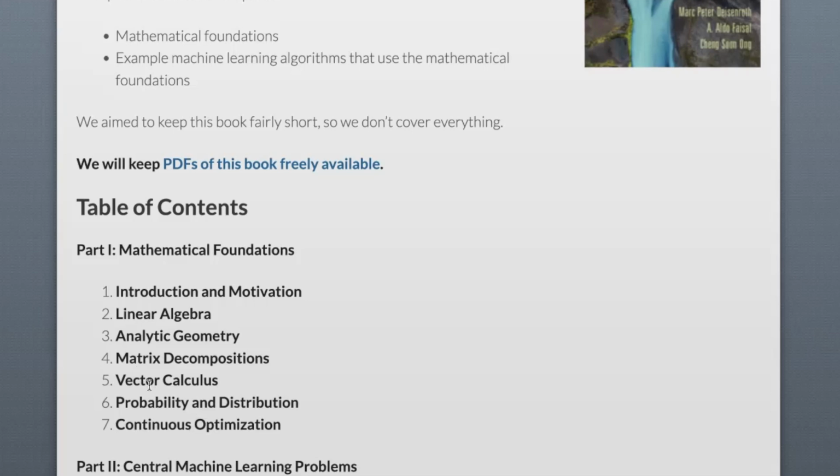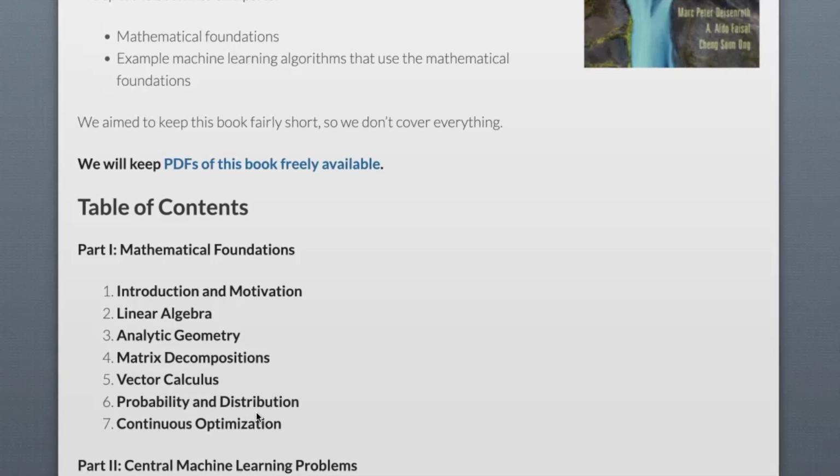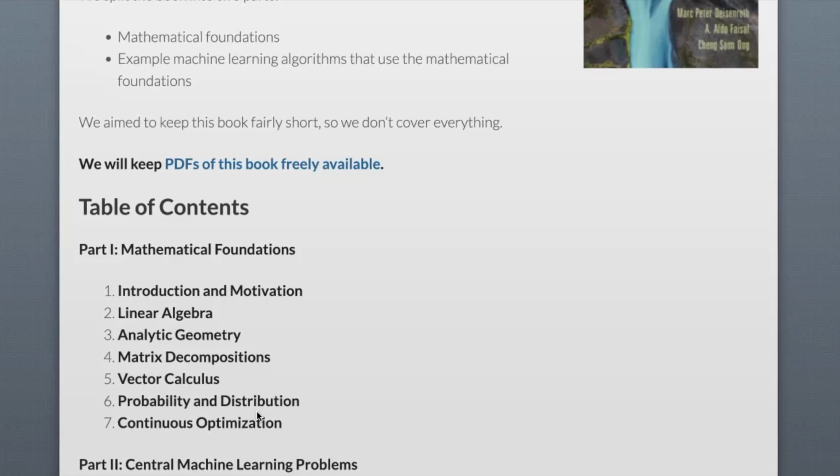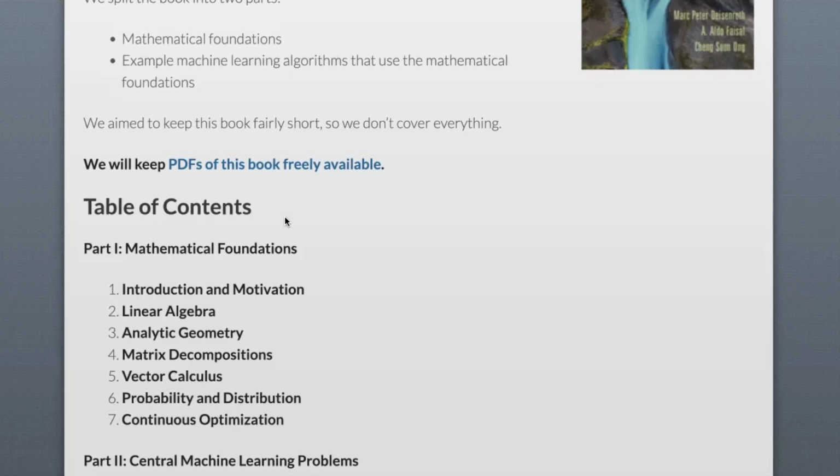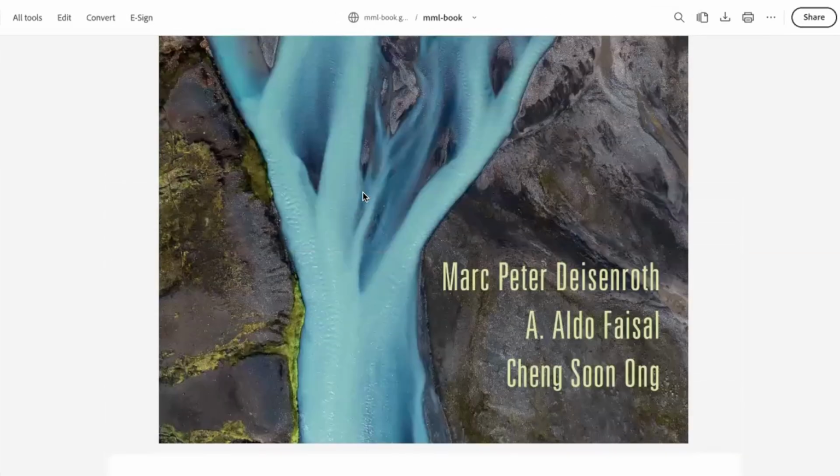Also, this textbook covers topics related to probability and distributions, which are very important when you're working with uncertainty in neural networks and also the ways that we can evaluate the performance of AI models. Also, this textbook very briefly talks about continuous optimization, mainly through the lens of gradient descent and some basics of optimization. So if I show you the PDF of this textbook,